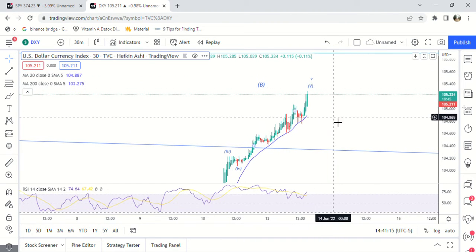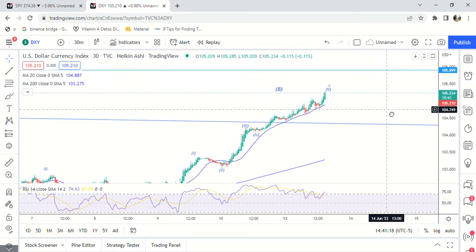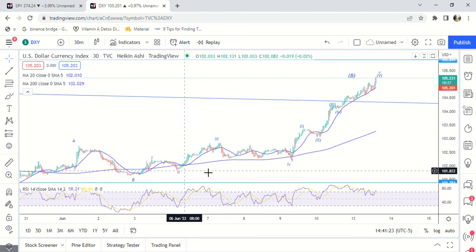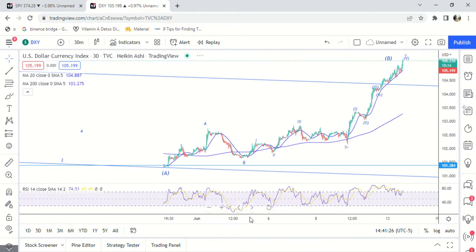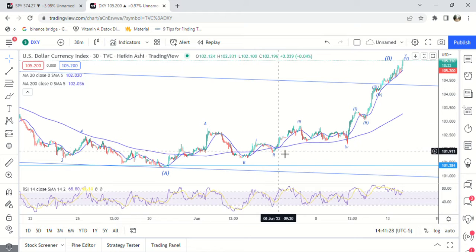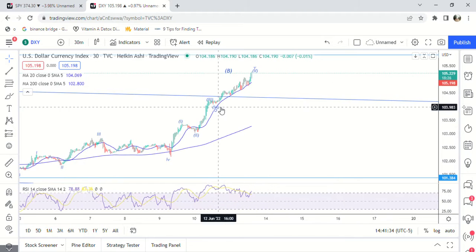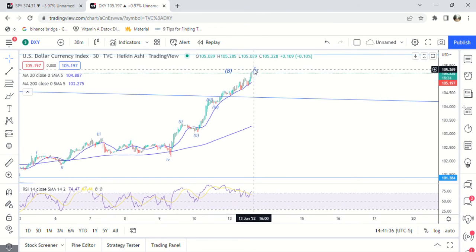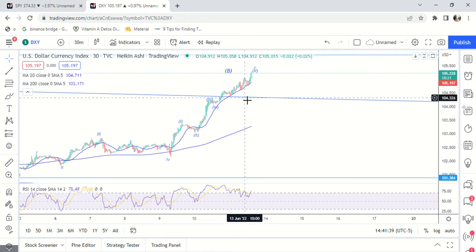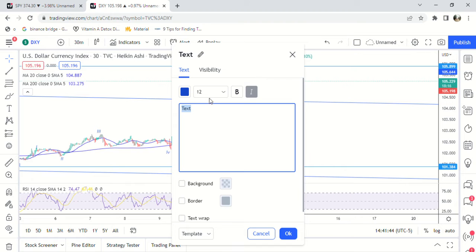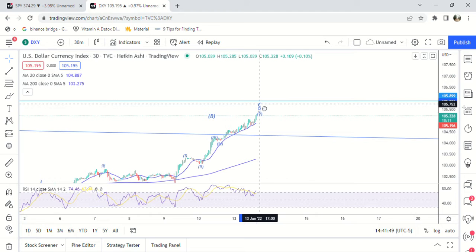So that would make it the fifth wave. This is an extended fifth wave for sure. So if we zoom back out, we have A, B, 1, 2, 3, 4, 1, 2, 3, 4, and then within that we have another 1, 2, 3, 4, 5, 5 of 5, which should also be C. So 16C. So we'd have the end of C, 5, and 5.